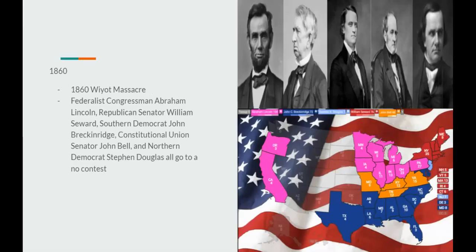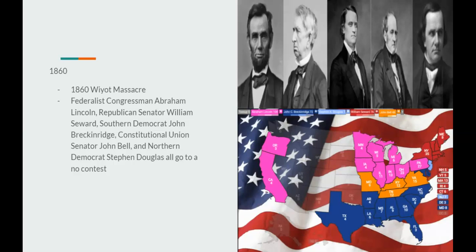Starting off with 1860, we have the 1860 Wiyot Massacre, which involves natives, as well as the 1860 presidential election where Federalist Congressman Abraham Lincoln, Republican Senator William Seward, Southern Democrat John Breckinridge, Constitutional Union Senator John Bell, and Northern Democrat Stephen Douglas all go to no contest. Nobody gets enough electoral votes to obtain a majority, meaning the top three, Lincoln, Seward, and Breckinridge, will go to a